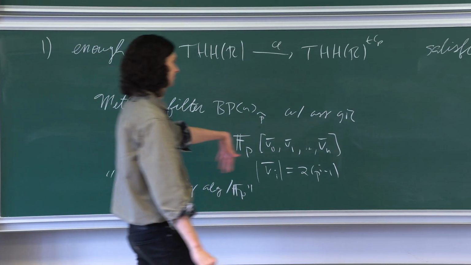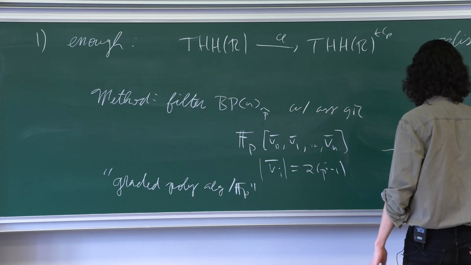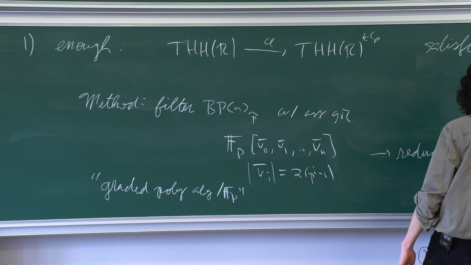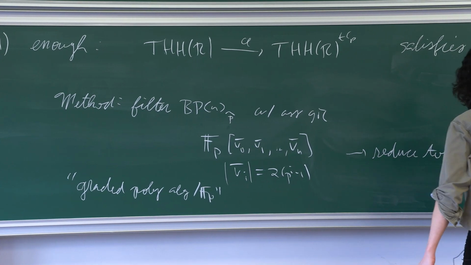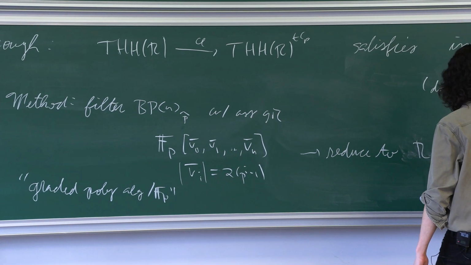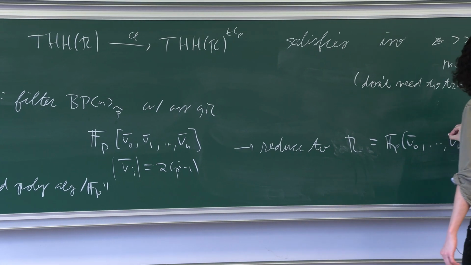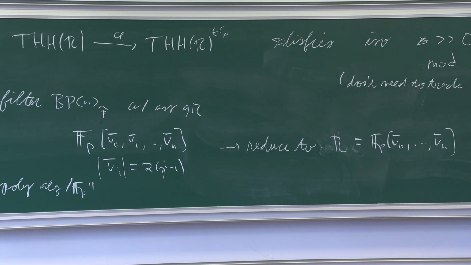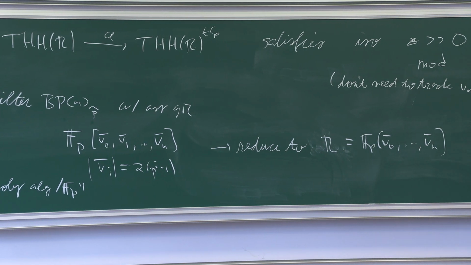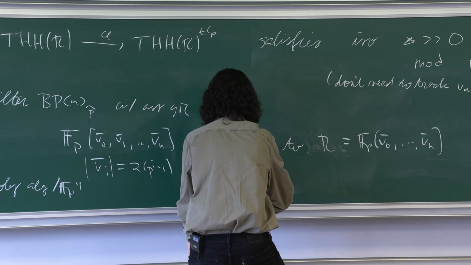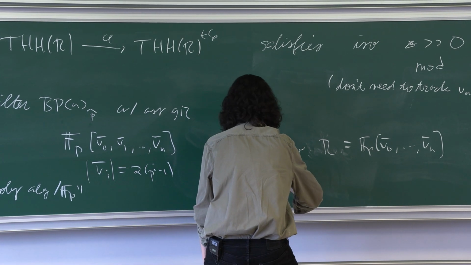And then using this filtration, somehow you reduce to considering this guy instead. So proving the same analogous result for this guy instead, where you replace these guys by these guys, and then you do a direct computation,